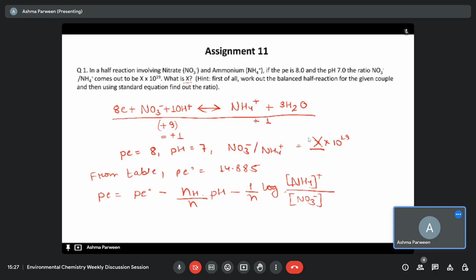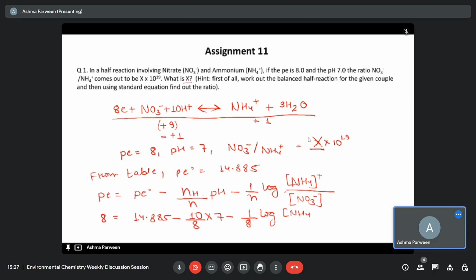So here pH is given as 7, pE is given as 8. We have seen the value of pE not from the table. So what we have to do, we just have to put everything here. So pE is 8. 8 equals 14.885 minus number of H plus is 10. Number of electrons involved is 8 and pH is 7, minus 1 by number of electrons 8 log